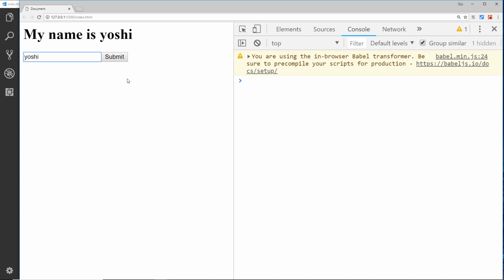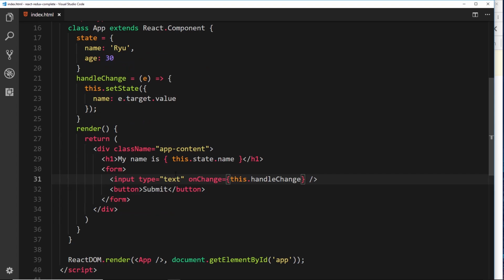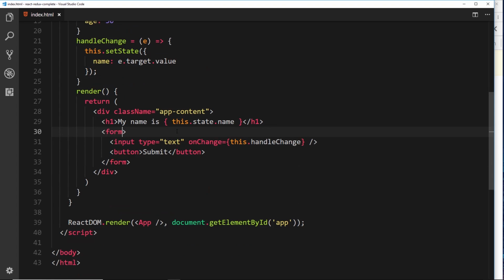All right, so now the next thing we want to do is react when the form is submitted, either when a user clicks enter or clicks submit, because at the minute the default behavior is just to refresh the page. We don't want that. We want to take the value of the state, the name in the state, and log it to the console. So first of all, we need to go over here to the form and add on